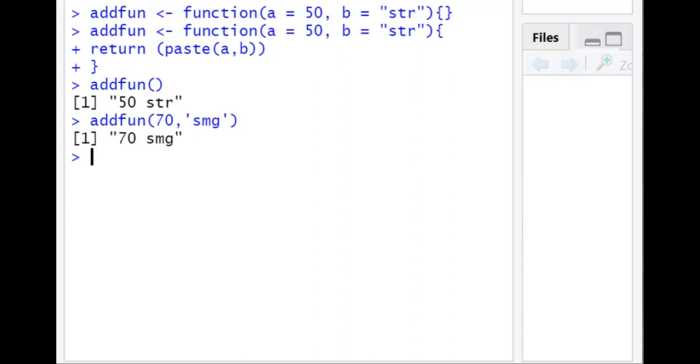So these are quite basics about the functions in R programming. The R programming language supports global variables also. Any variable that is declared outside a function is a global variable.